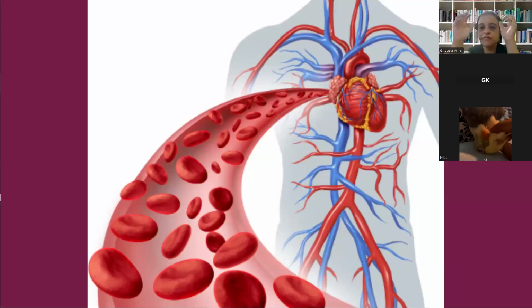Okay, so our transport system is meant to transport the different molecules throughout the body. And those molecules are oxygen, nutrients, waste, hormones, all these things are transported throughout our body. Heat also, via